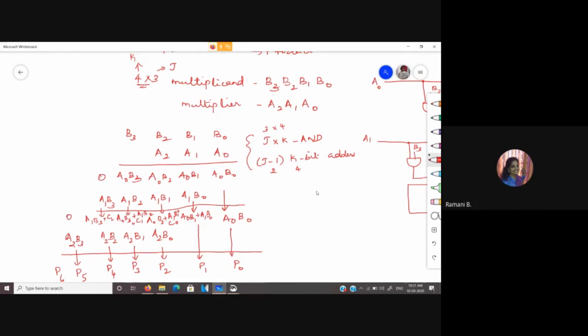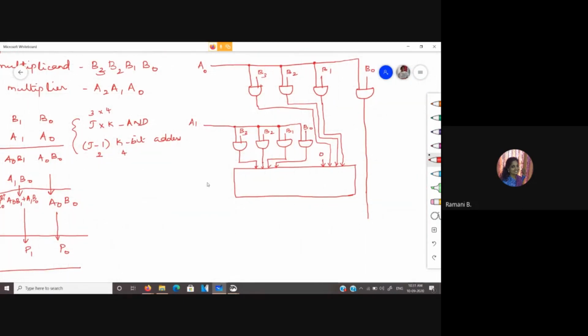So you can take that as 0. So this is a 4-bit binary adder.